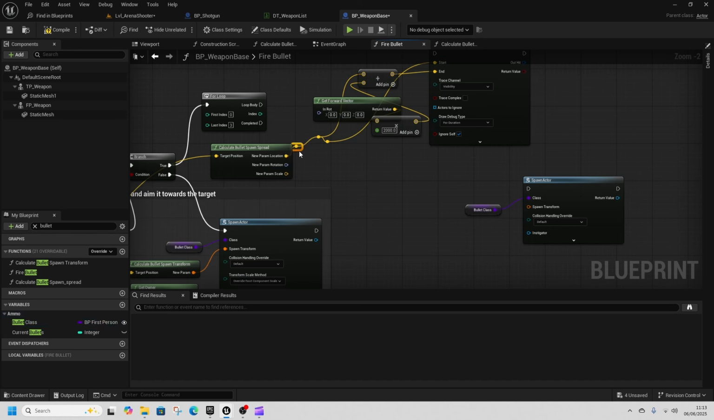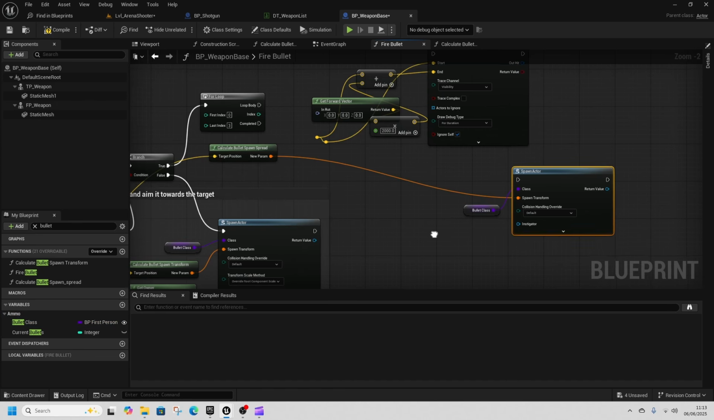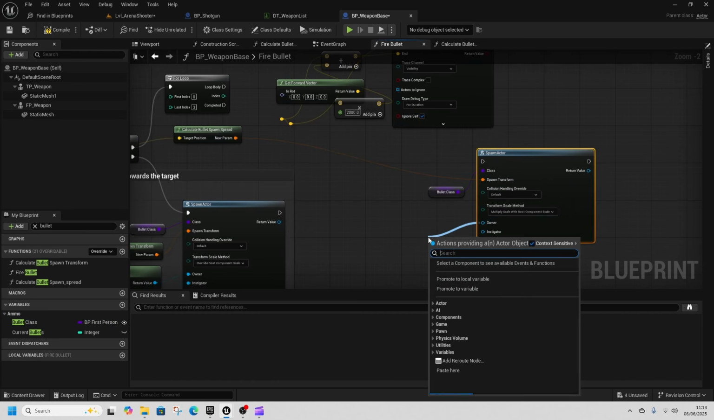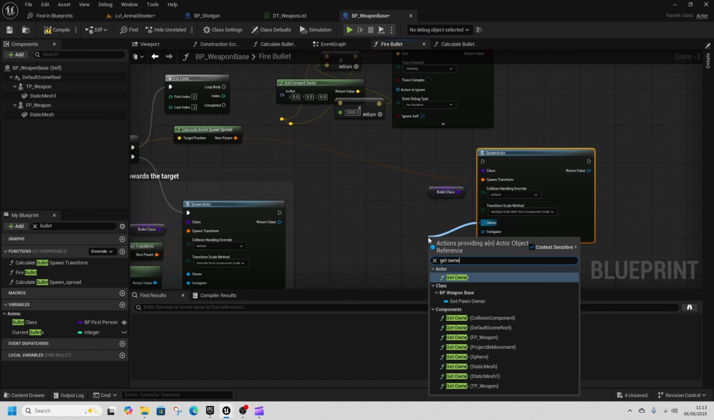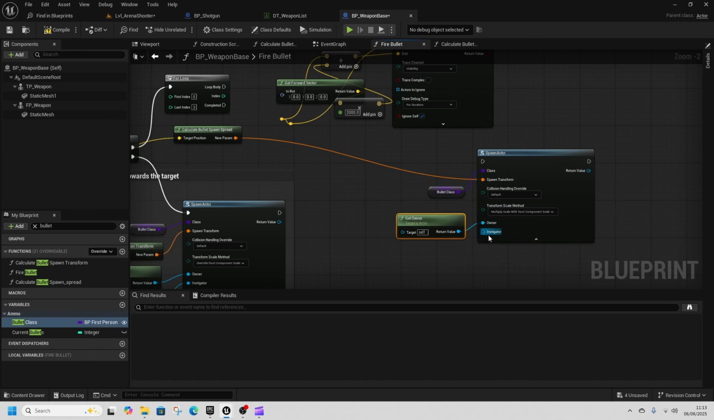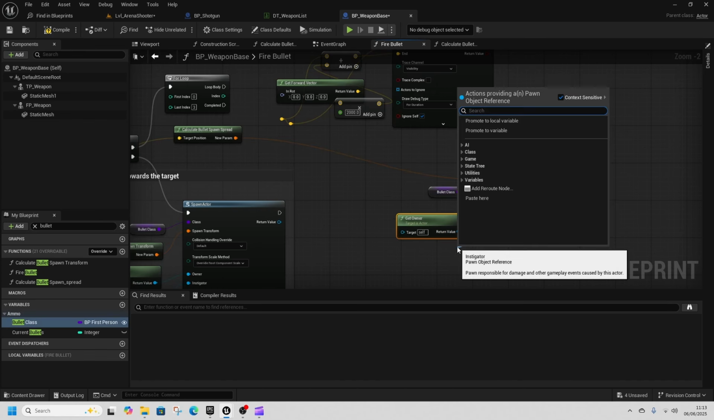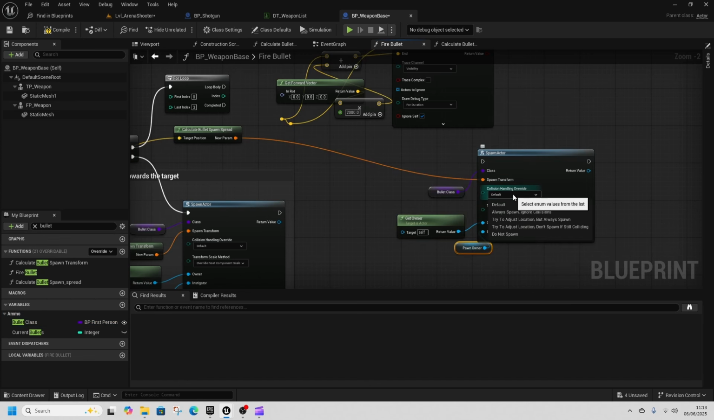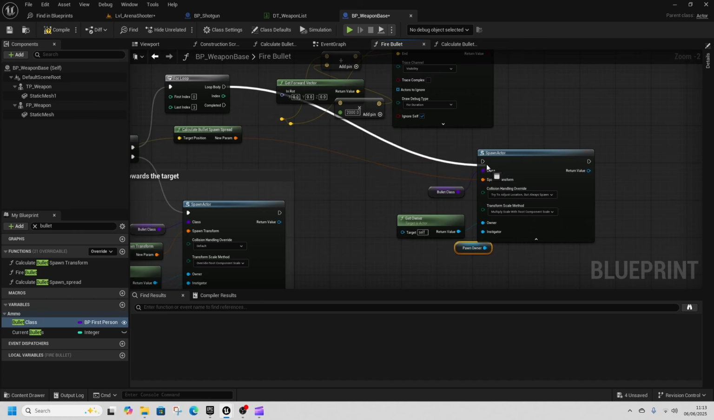So disconnect the location and the rotation, right click to recombine it, and the transform will go into there. Then from owner, we're going to get owner, and from instigator, we're going to get horn owner, which is a variable. Default collision is going to be try to adjust for always spawn, and loop body is going to go into